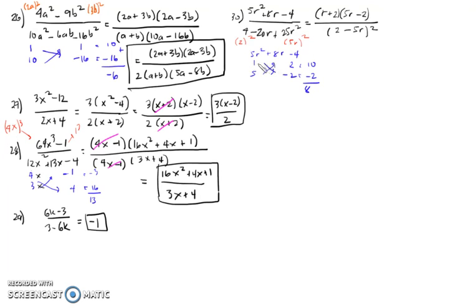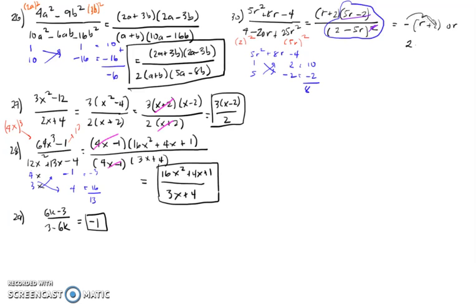Again, what I want you to look at is this one. We can simply cancel that one out. But again, remember, these are the negatives of each other. So your final answer should be negative r plus 2 or 2